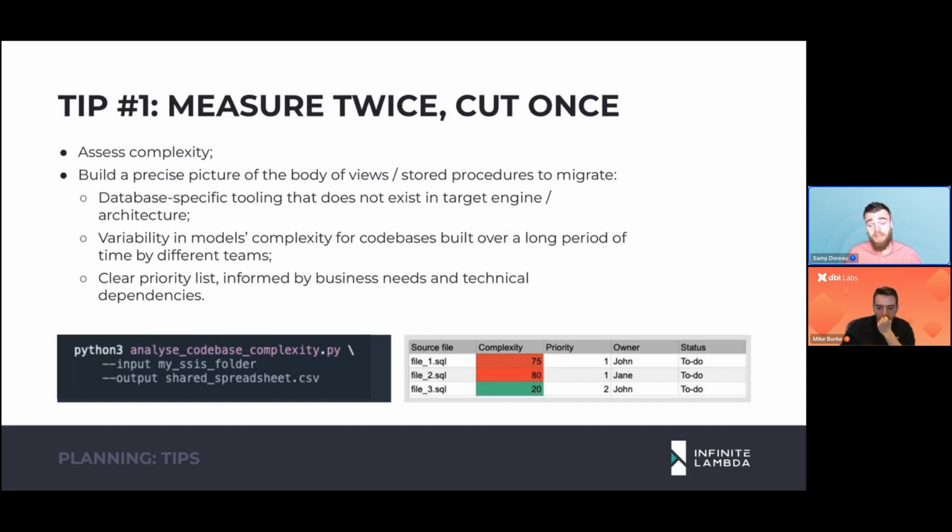Well, it is pretty much the same for the migration, and I've seen a question around what order you should tackle things when you do your migration. Well, this is the point that I'm trying to make here: before you start, it's very important to build a picture, as precise as possible, of the content that you need to migrate. And usually this is going to be a set of SQL files,